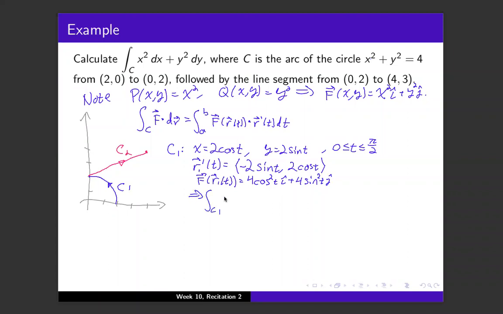So the integral over C1, the blue curve, of F dot dr, this is the integral from 0 to pi over 2